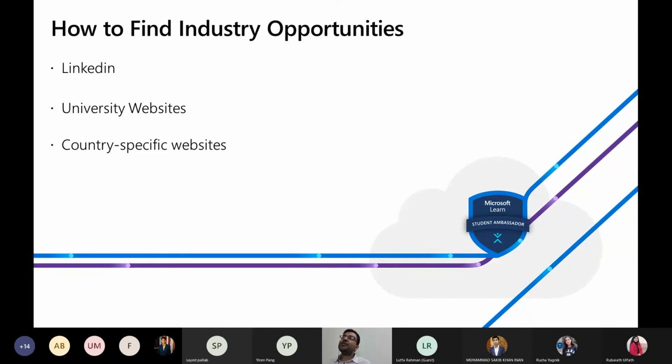One way to do that is to go to LinkedIn. LinkedIn is a great opportunity to find networking people and develop networking in your field, because on LinkedIn there will be several advertisements for hiring undergrad students, right? And before applying promptly, you will have to know about the company. How many employees are in that company? Is it a big company, a mid-sized company, or a very small company?